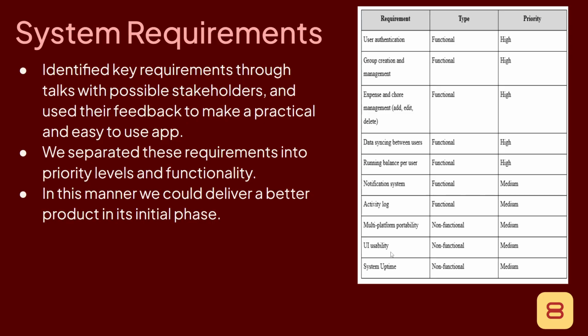is something we should try to focus on and implement. And then the last things are UI usability and system uptime. Those are all pretty important, but not as important as the other things. You can see we're trying to use Google authentication, which is also an option, and then user group creation and management. Most group apps will have to have something like this. But for right now, we have general account creation, and we also have the option for Google authentication.